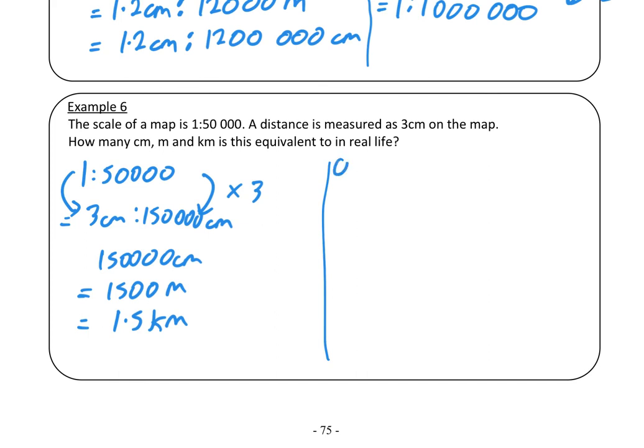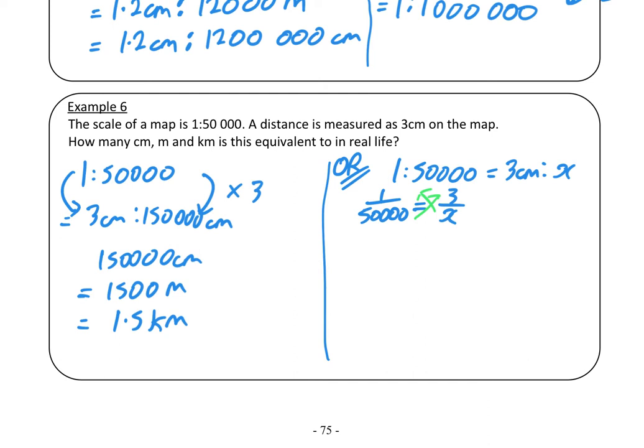So, the second way of doing this, which you may prefer, is 1 to 50,000. Let it be equal to, it's 3 centimetres on the map, and the real life distance is x. Now we're going to write these as fractions. That's 1 over 50,000 is equal to 3 over x. And then what we're going to do is cross multiply. So that x comes up here and multiplies that, 50,000 comes up here and multiplies, and that will give you